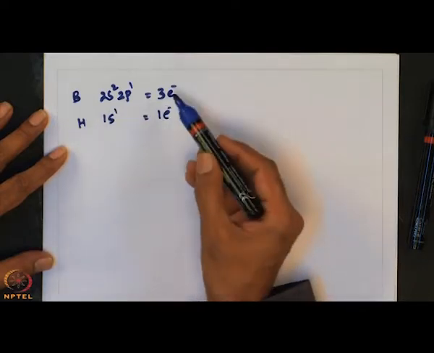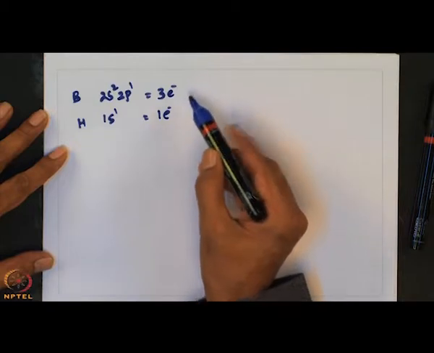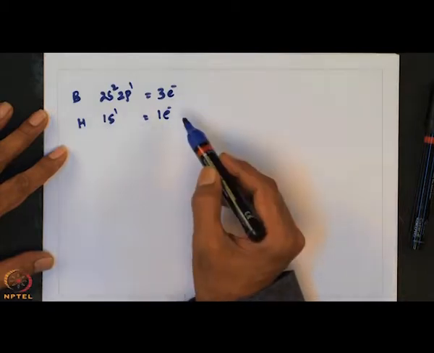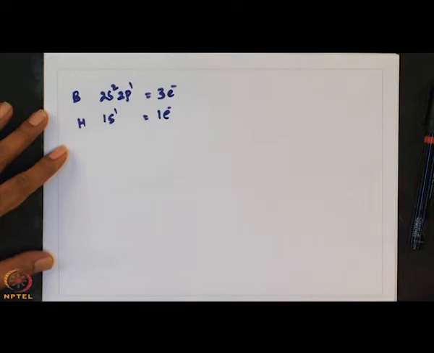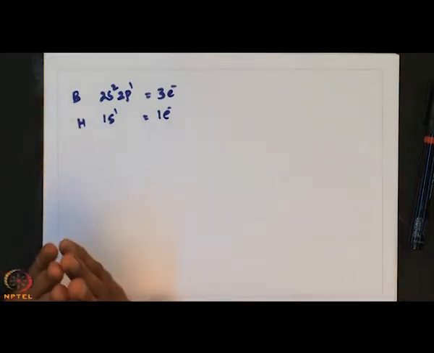So, that means each boron will give 3 electrons and each hydrogen will give 1 electron. In this way, in a given boron hydride, we have to count the total number of valence electrons coming from boron as well as hydrogen. Add or subtract electrons for any overall charge: if a positive charge is there, subtract 1, and if a negative charge is there, add 1, depending upon how many charges there are.